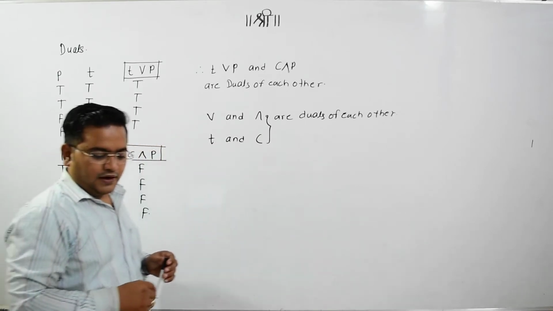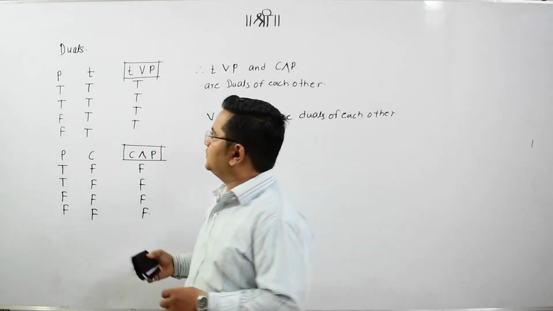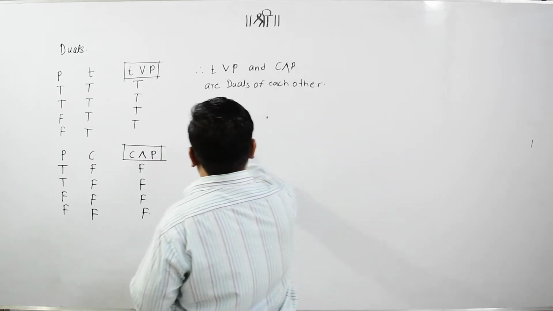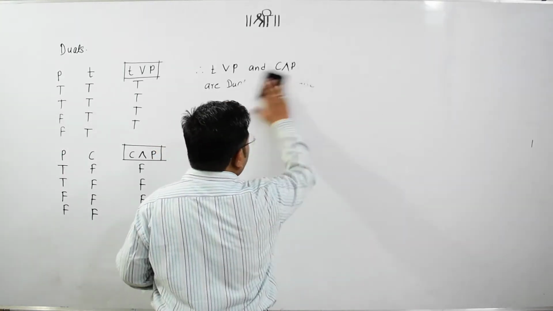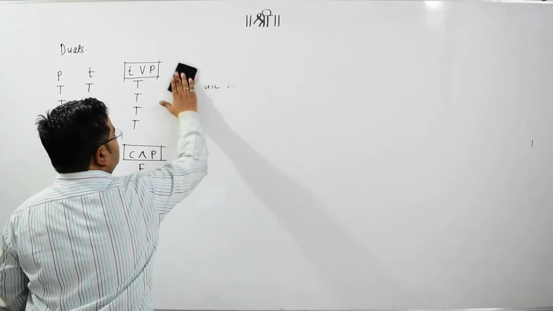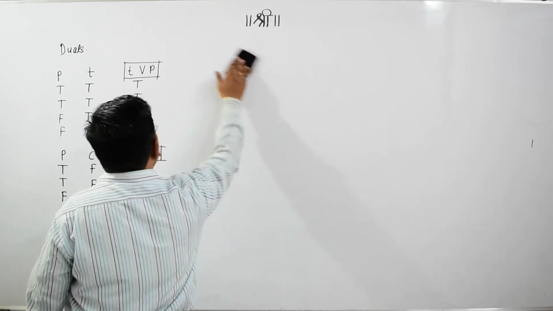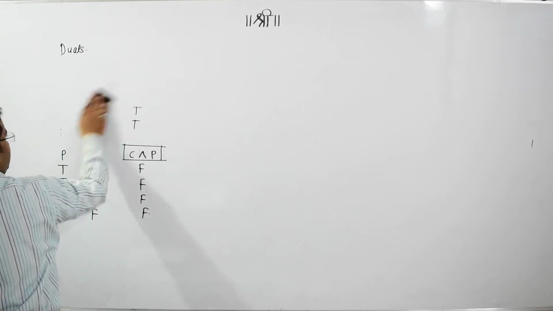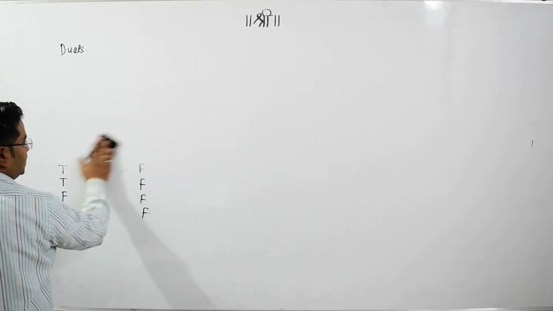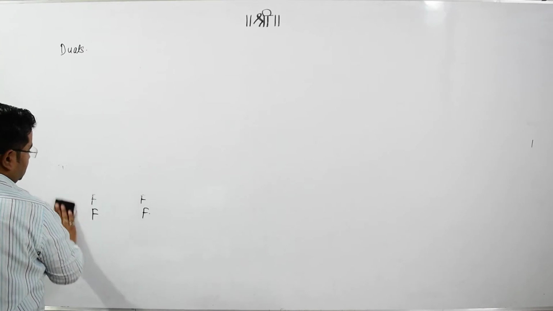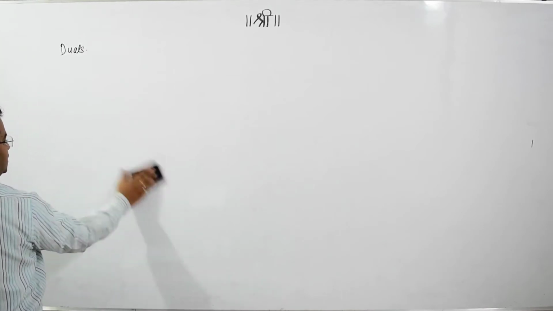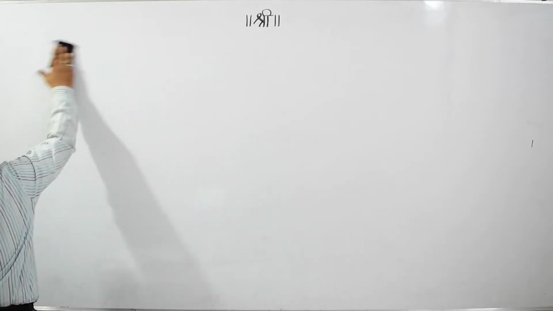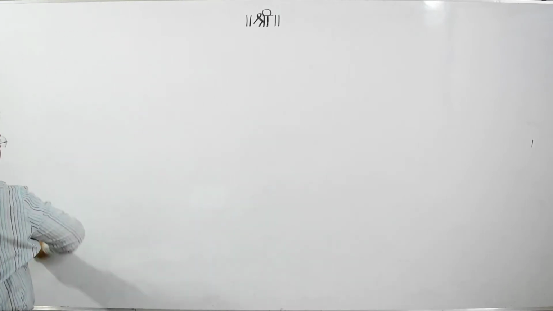Hope you got it. Now let's move to question number 2 of the exercise. Here we have a very interesting phenomenon, though its meaning is very huge. The statement which we are making, we are directly changing the meaning, or directly finding its negation within this mathematical or symbolic statement. So for that purpose we are using it. It's not that difficult, but if you view it properly, its meaning is very wide.